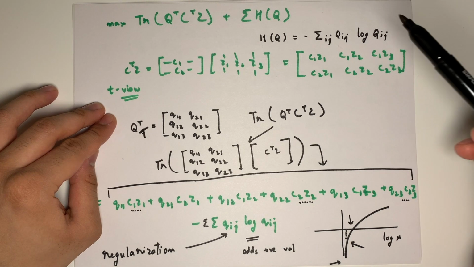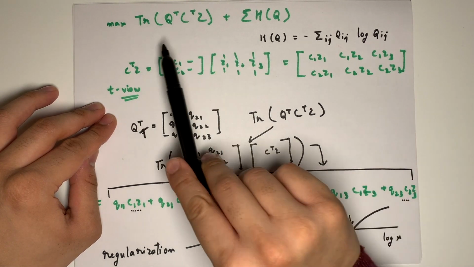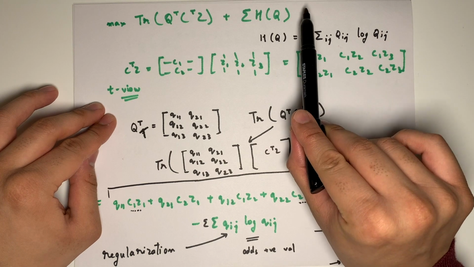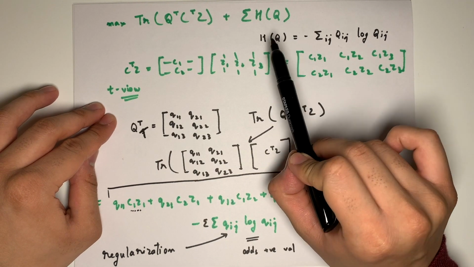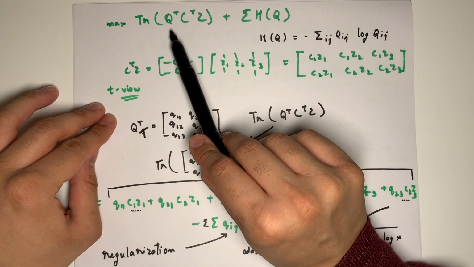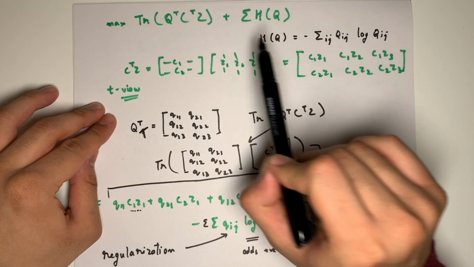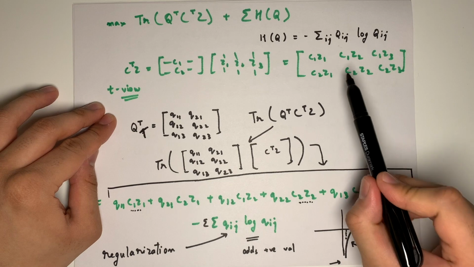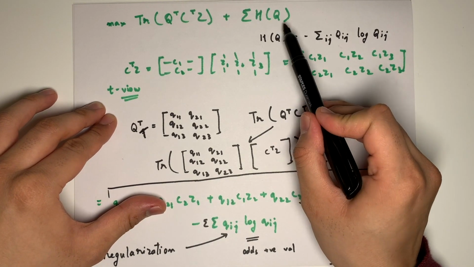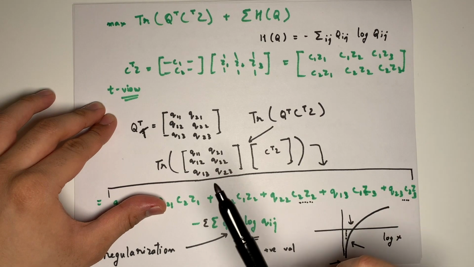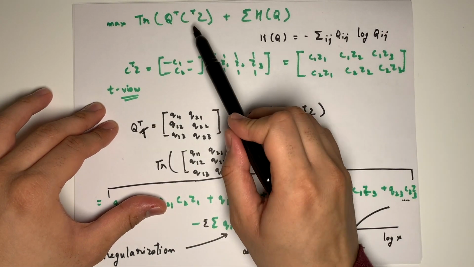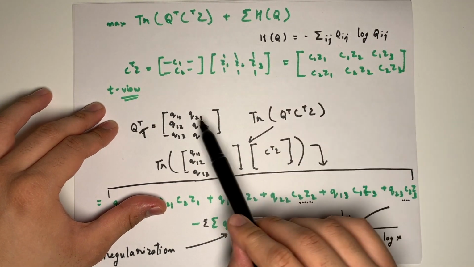Q actually takes continuous values between 0 and 1, and this is the loss function which they optimize, or maximize in this case, in order to attain the Q values. This is basically a trace over Q transpose C transpose Z, and the second term acts as a regularizer. Here, H defines the entropy of the Q matrix. Now, in order to compute this Q transpose C transpose Z, we first